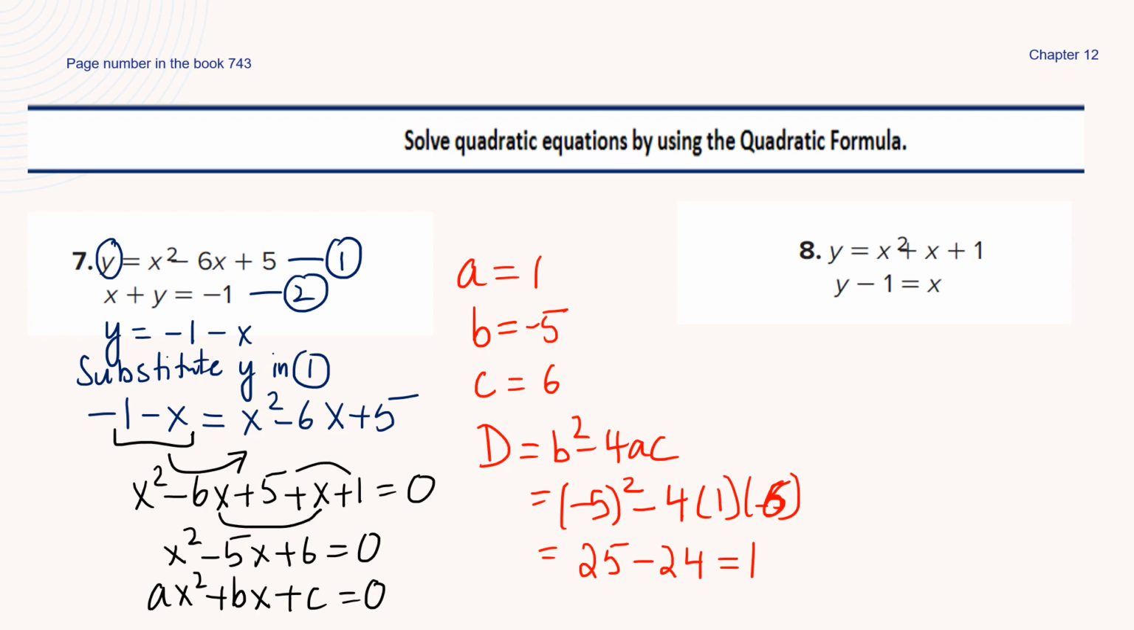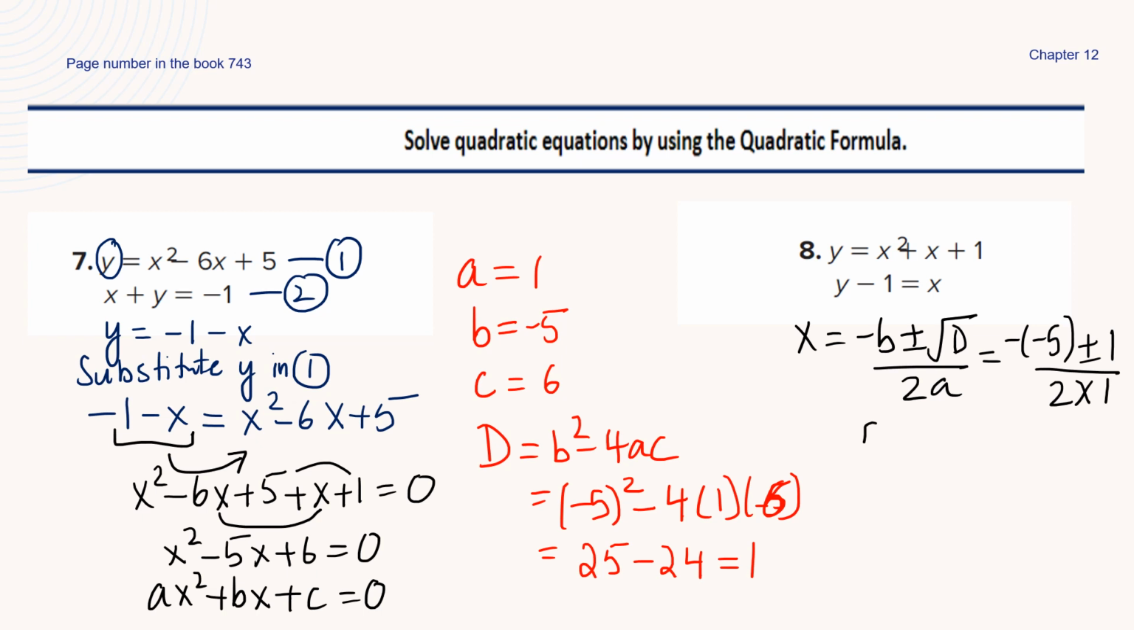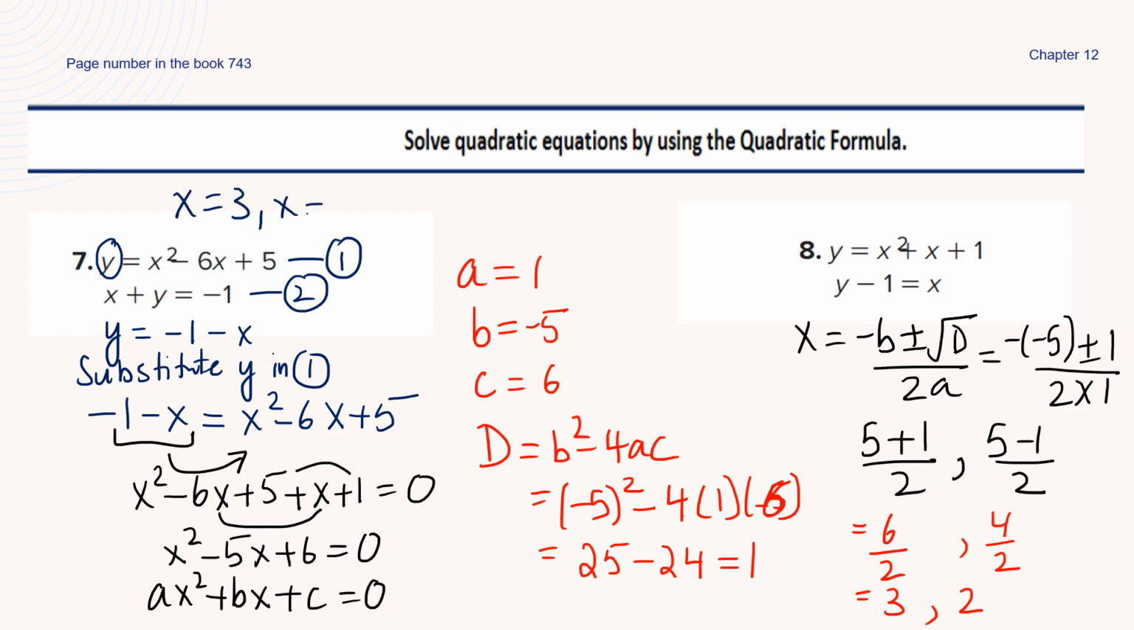Now, the value of x equal to minus b plus minus square root d over 2a. This is going to give you the two solutions. So let's put the value of b. b is minus 5. This is plus minus 1 over 2a. So this is 5 plus 1 by 2 and 5 minus 1 by 2. So what are the two roots? Let's simplify. So 6 divided by 2 is 3, and 5 minus 1 is 4 divided by 2, which is 2. So the two solutions, the two values of x are x equal to 3 and x equal to 2